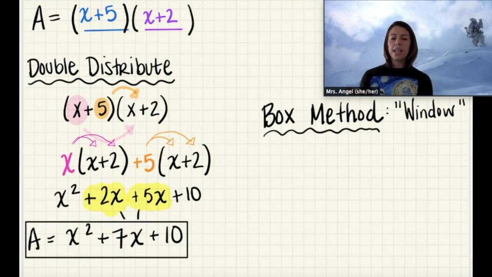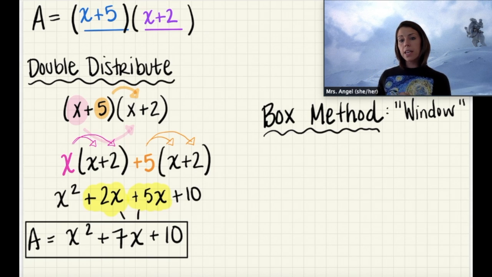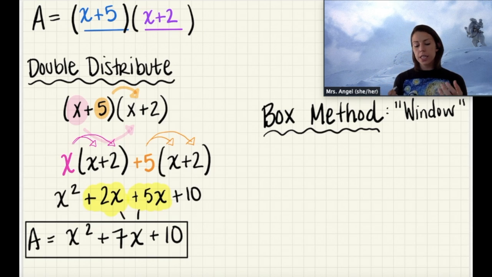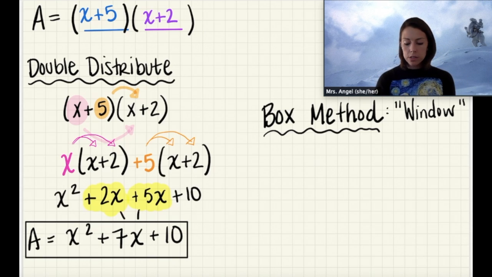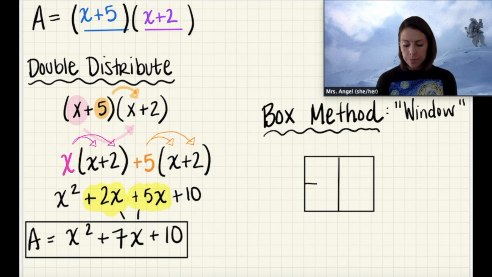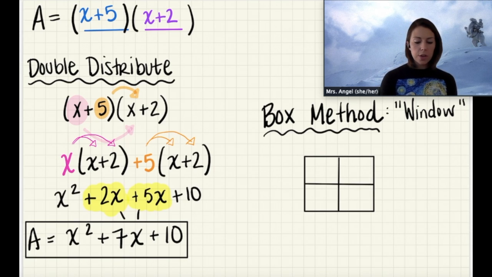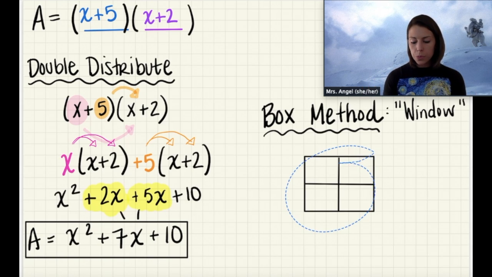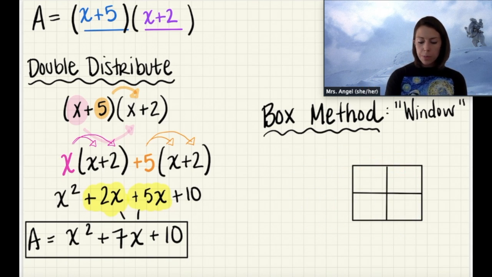The second method is sometimes called the box method, or I like to call it the window method. So what you're going to do is create a box. Just create any old box. Hopefully it looks better than that. And then you're going to break it up into a window. See? So you have a window there. Now, if we recall, I'm going to move this window over a little bit. Our expression was